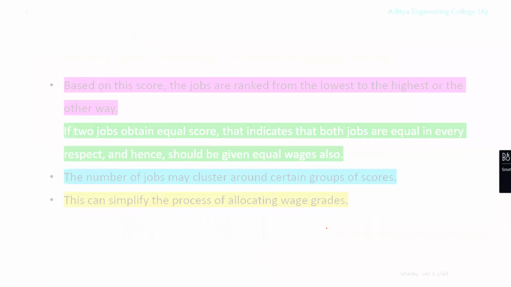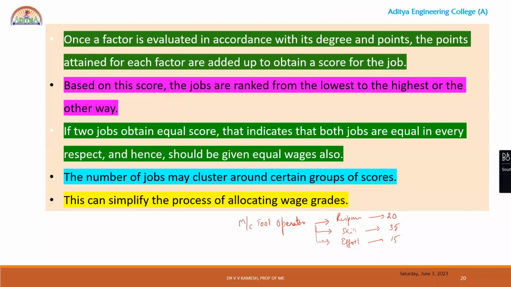Regarding the job condition, I will say job conditions are nice, right? So job conditions only 10. So this job requires 20 plus 35, plus 15, plus 10. So 80 points. So machine tool operator job got 80 points,